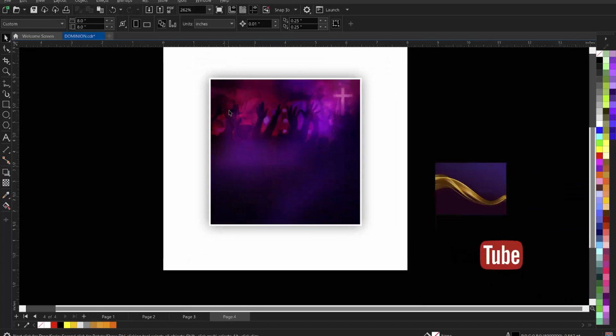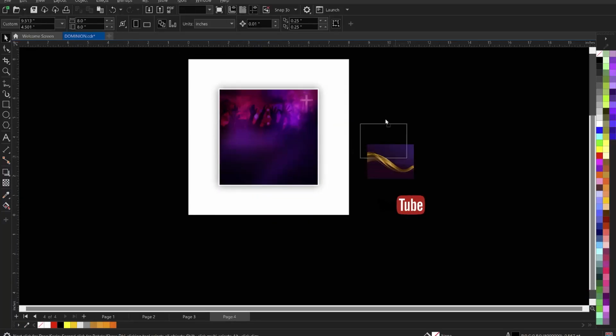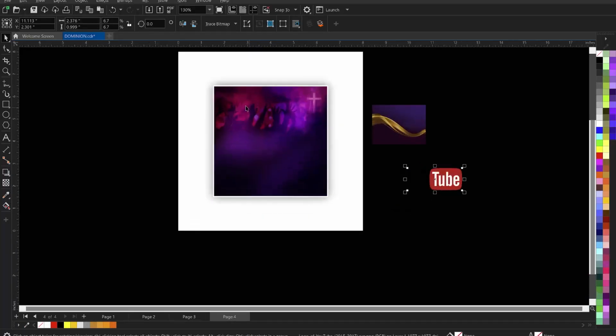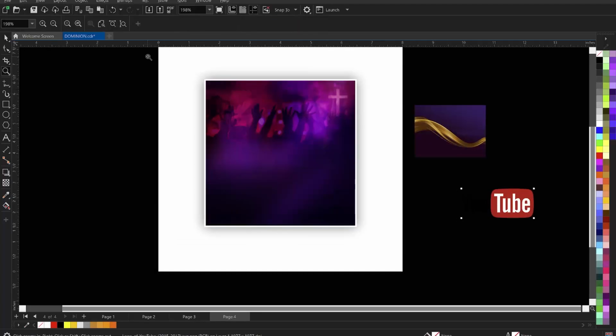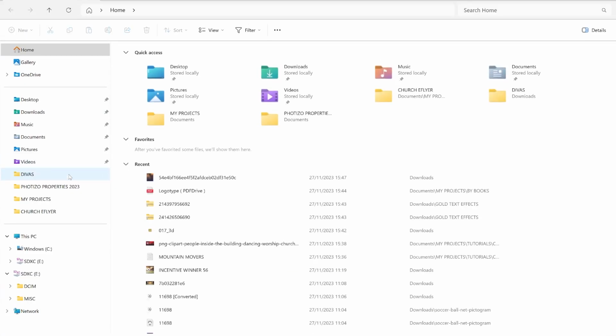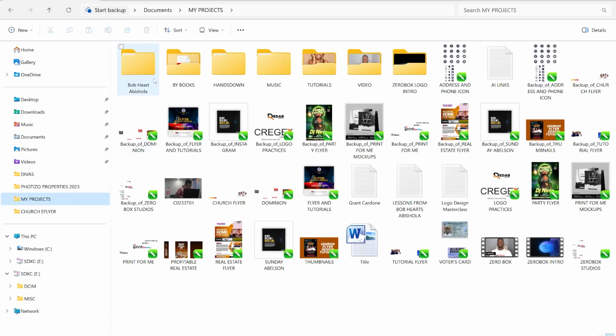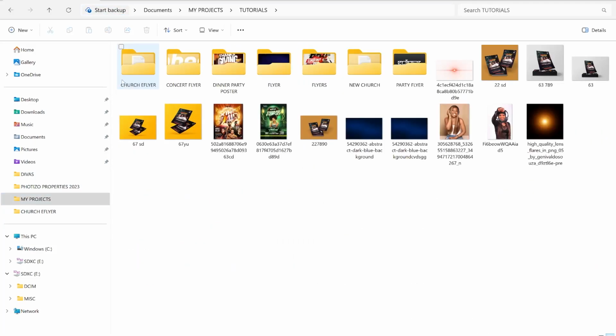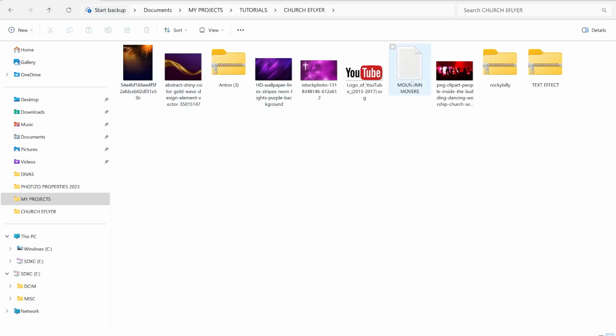Now that we are done with the background, right? We use all the background. So the next thing we are going to do is to start bringing in our text, right? So what are you going to do now? We'll go to where we save our text, where we have the text, right? This is it here,